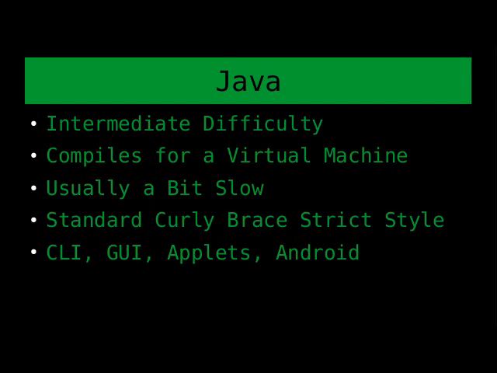Java. Now this is definitely in the intermediate category. And it compiles for a virtual machine. In that way, it has its pros and it has its cons. The virtual machine caters to your individual machine that you have. So you do compile a cross-platform kind of an executable, but not really because it's for the virtual machine. So you have extra steps in compiling it. You have the compilation steps that you have to go through, and then you have to go through the extra steps to run it because you have to start the virtual machine and tell that to run your Java class.